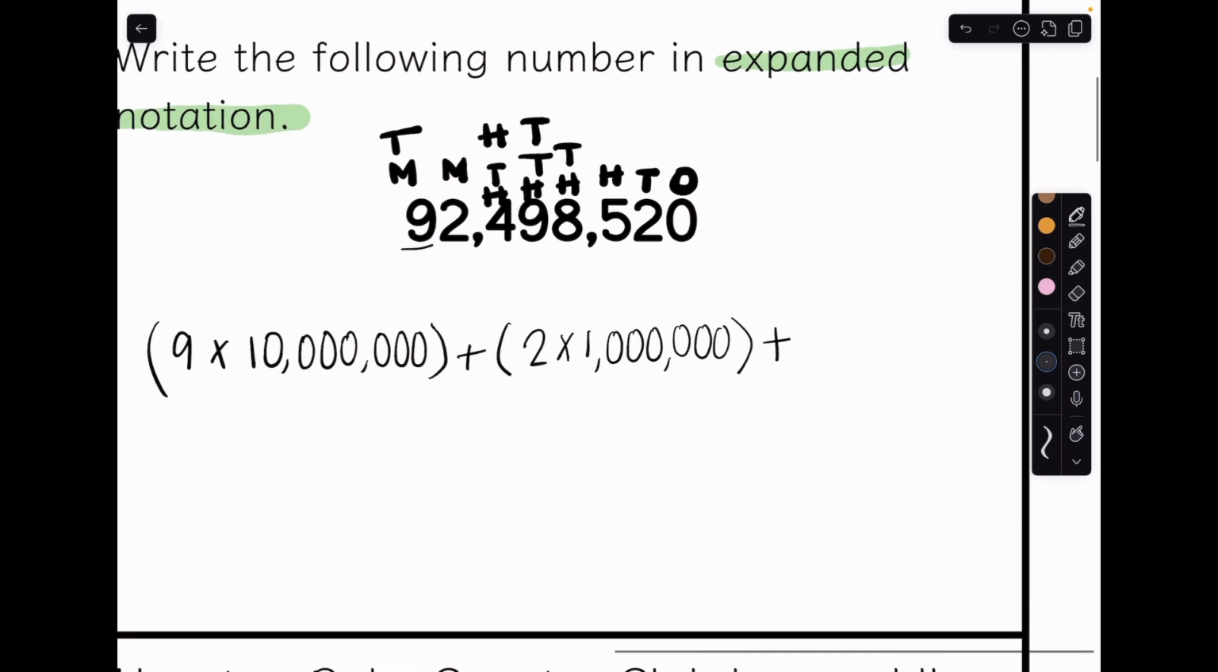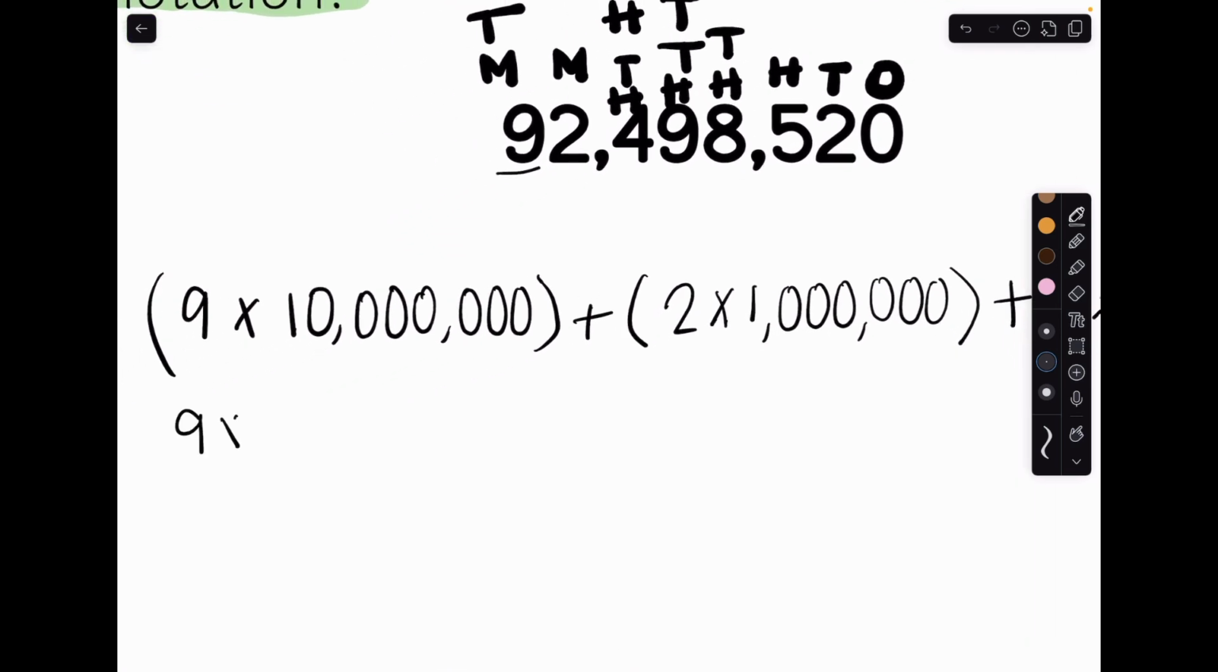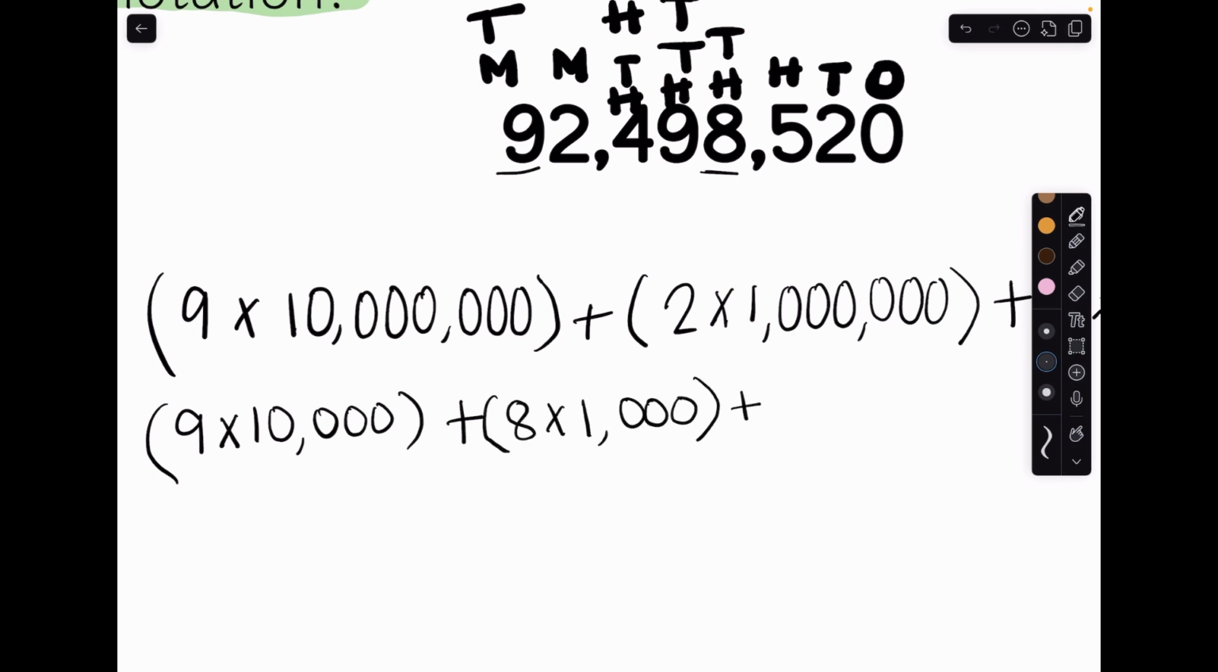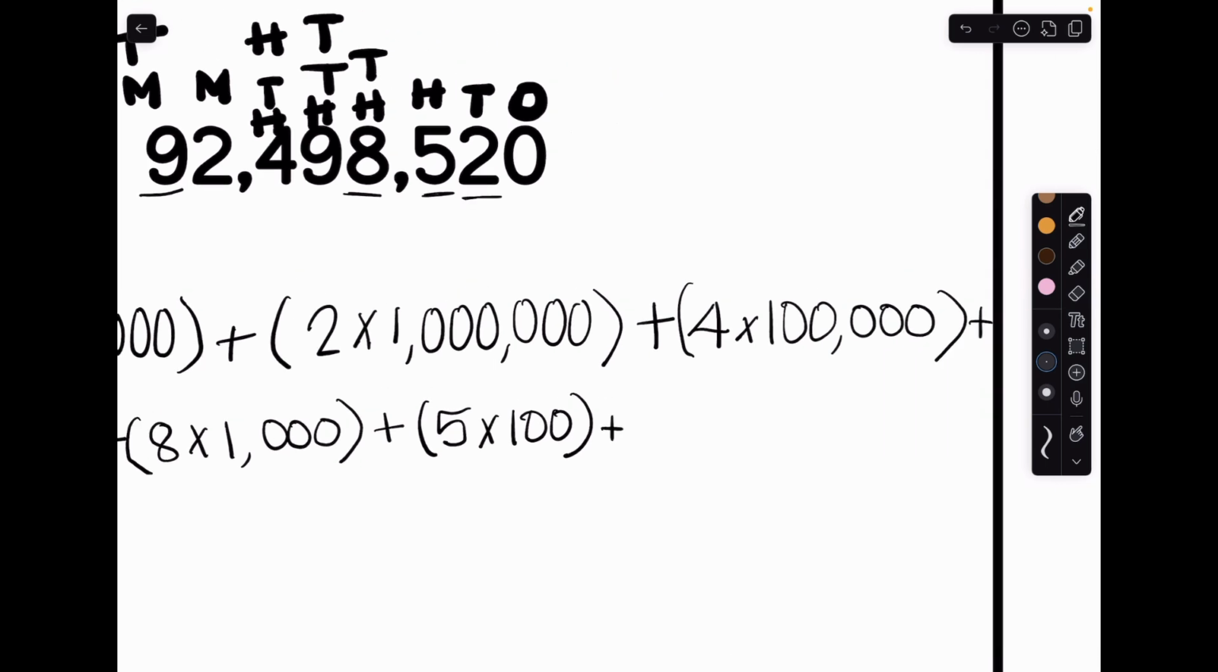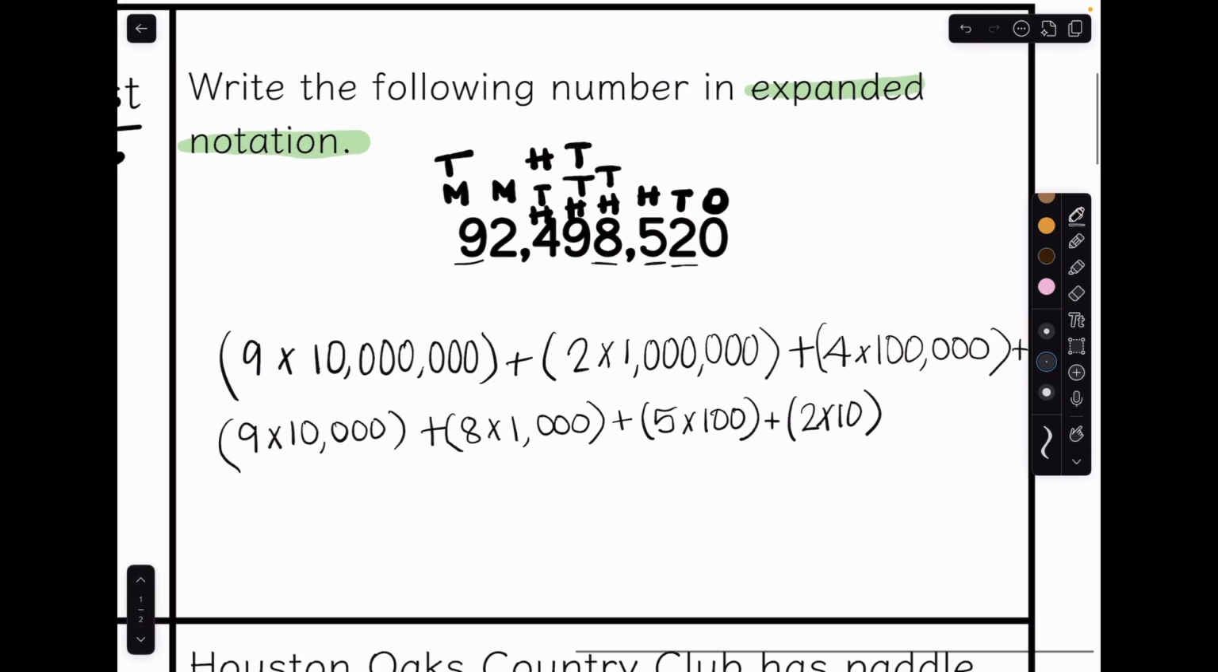Plus 4 times 100,000, plus 9 times 10,000, plus 8 times 1,000, plus 5 times 100, plus 2 times 10, and then we don't have any ones to represent, so we don't have to add that into our